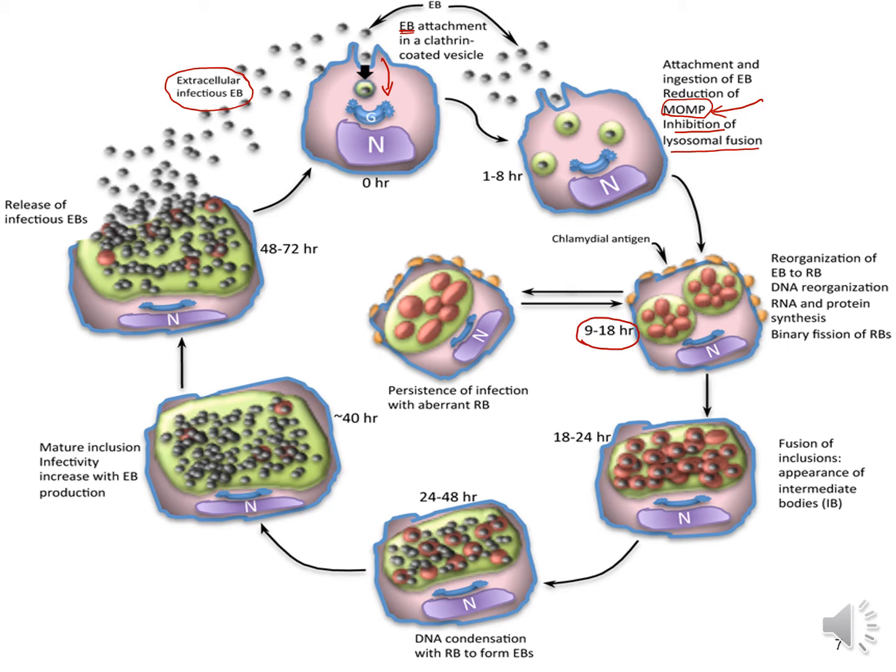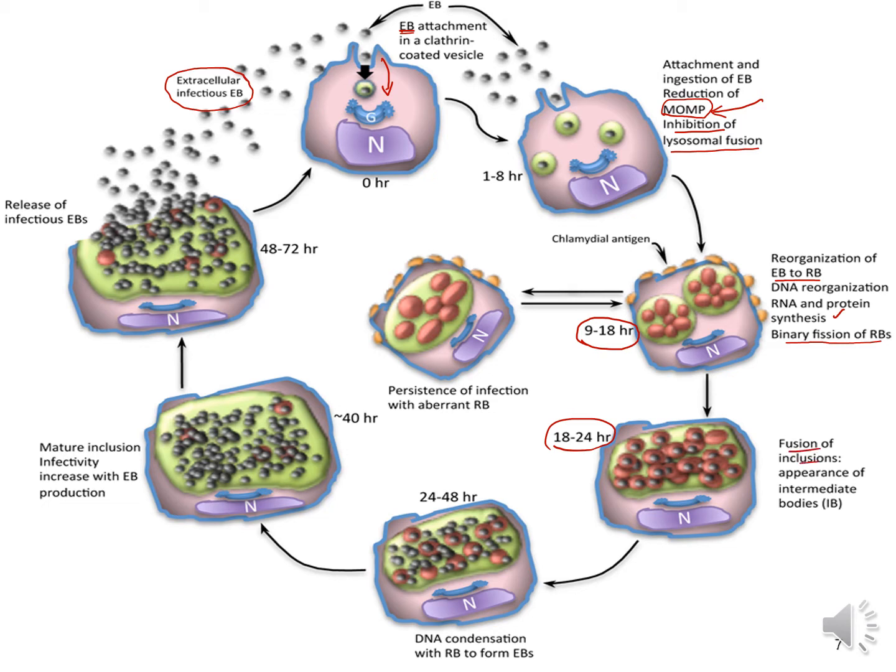The reorganization of the elementary body into the reticulate body, and the DNA reorganization also will occur, and RNA and protein synthesis will start, and after that they start division by means of binary fission inside the RBs, inside the infected cells. And after 18 to 24 hours, the fusion of inclusion bodies,